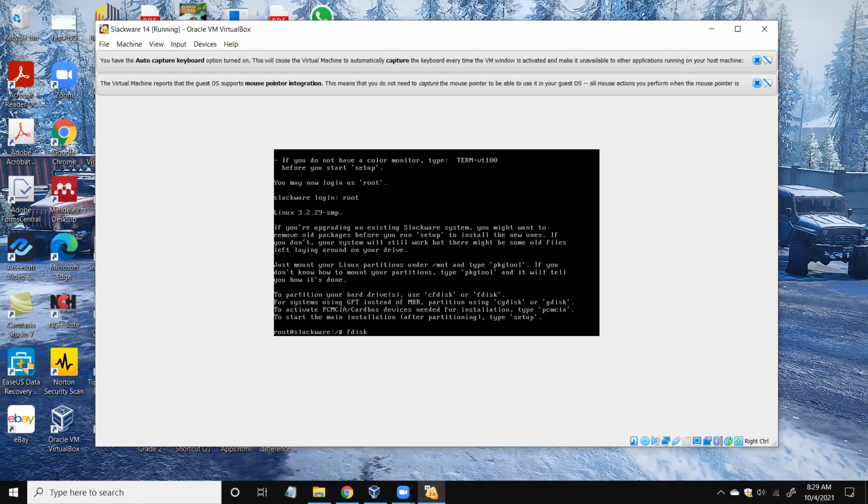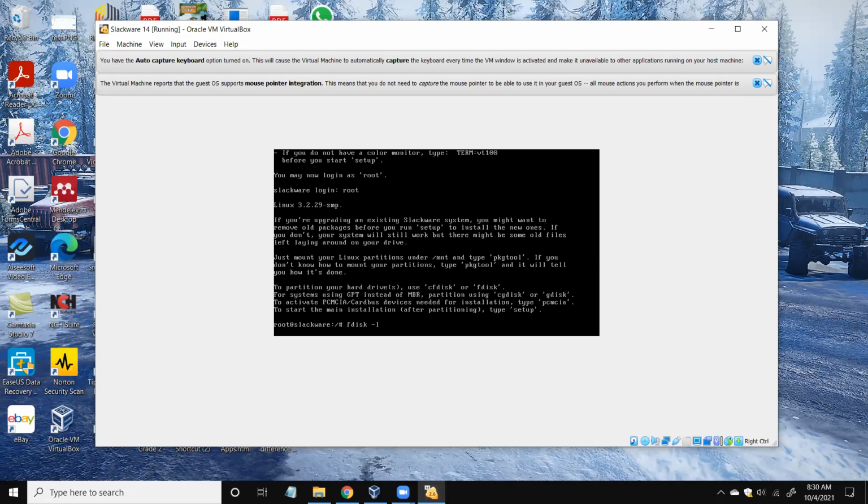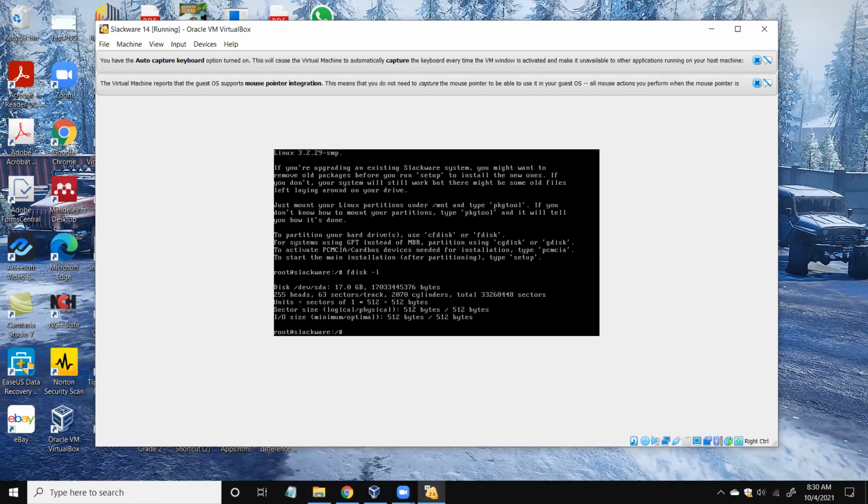So you know how to find the commands, right? So you can always use the help to find the different commands that can be used in this tool. So here you can use fdisk -l, that will list down the available disks for you. So this is what we have, right?